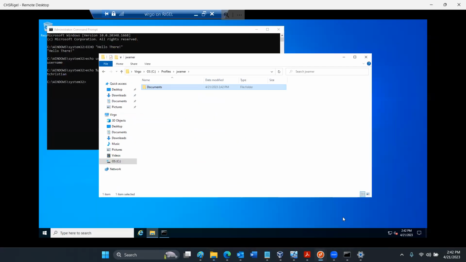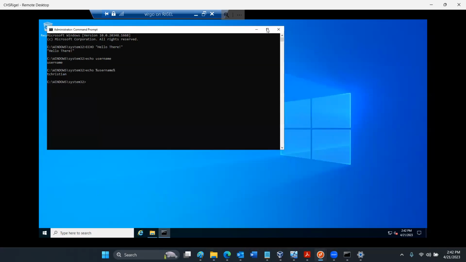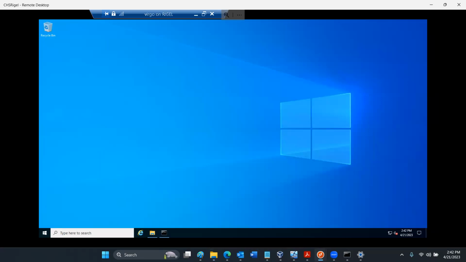And then once I get in here, on another system, I'm going to set up that replaceable parameter, that replaceable environment variable, right? Percent username percent. And I'm going to use it to connect that directory in the system I just built, right?